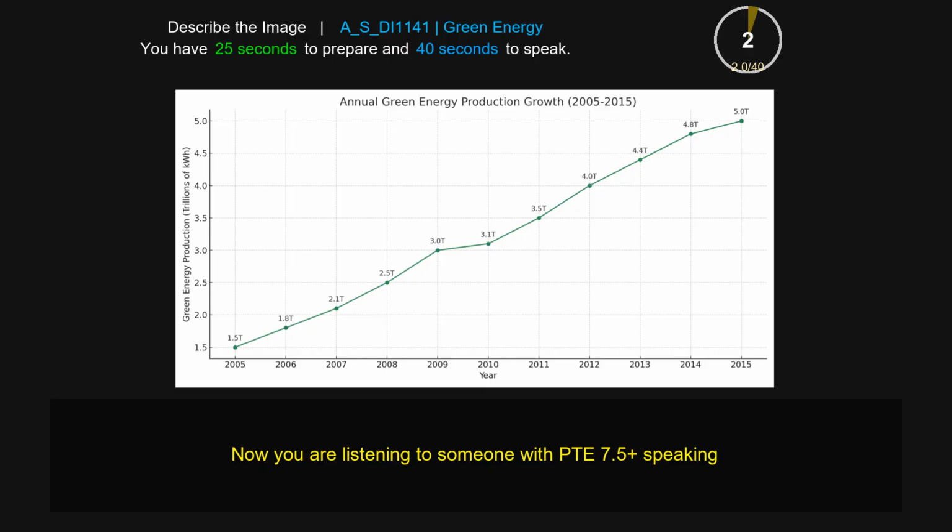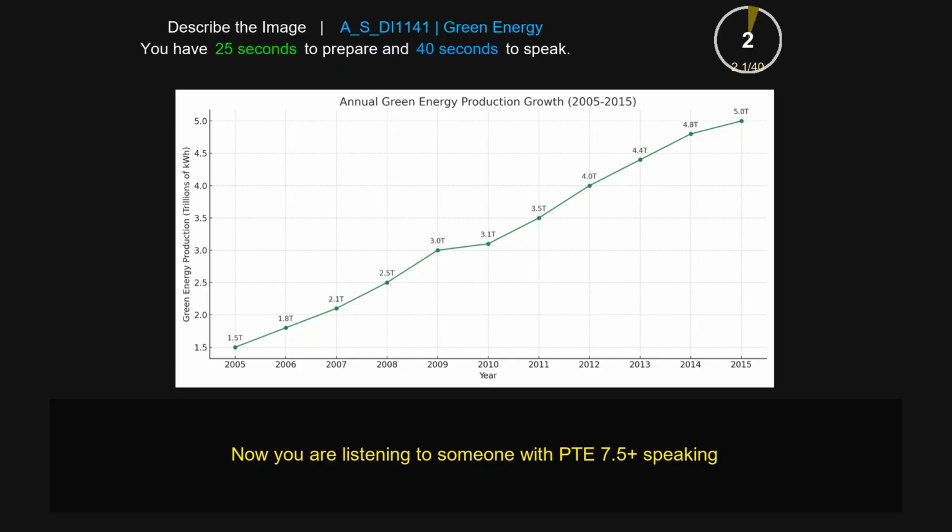The given line graph gives information on annual green energy production growth from 2005 to 2015. While the x-axis represents the years from 2005 to 2015, the y-axis represents the green energy production in terms of trillions of kilowatts per hour from 1.5 to 5. It is evident from the picture that the annual green energy production has seen an increasing trend from 2005 to 2015, with the lowest energy production in 2005, which stands at 1.5 trillion, whereas it was the highest in 2015, which stands at